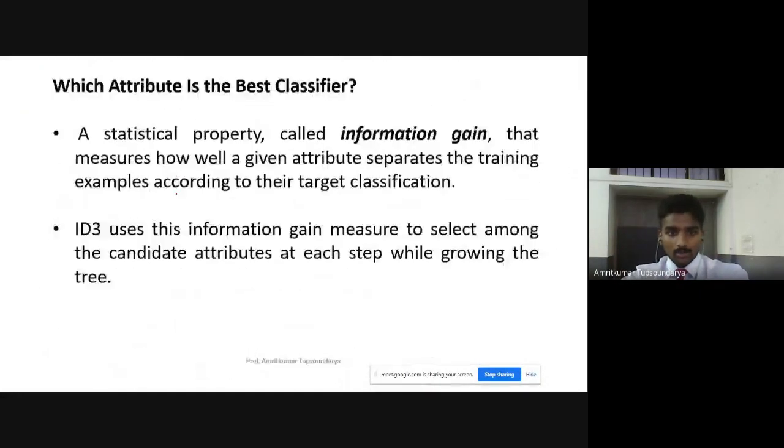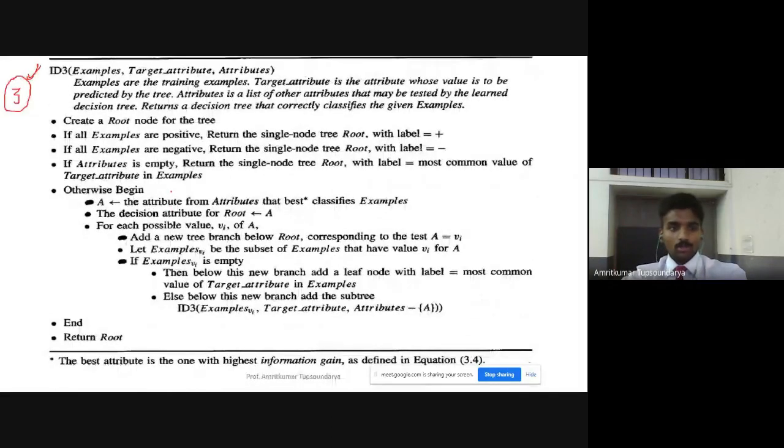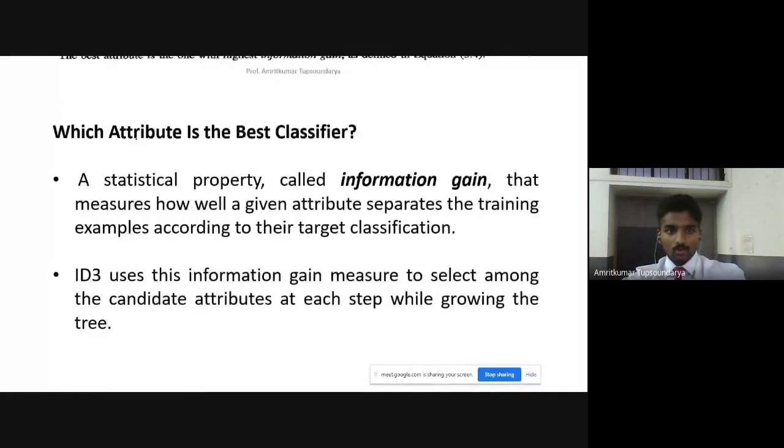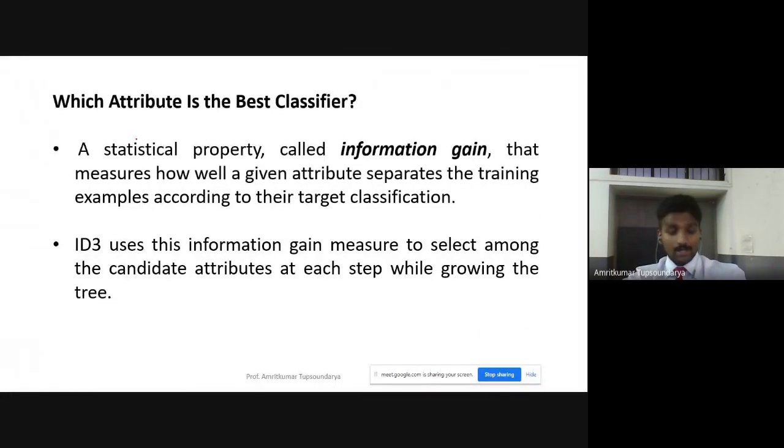In the ID3 algorithm, as we said, the first and foremost important thing is the creating of a root node, or selecting the root node. So how do we select the root node? By selecting which can be said to be the best classifier will be our root node. But how do we say that a particular attribute is a best classifier? When that attribute, from the set of attributes that we have, is able to give us the maximum information gain. Information gain is actually a statistical property. So we saw how to compute this information gain.